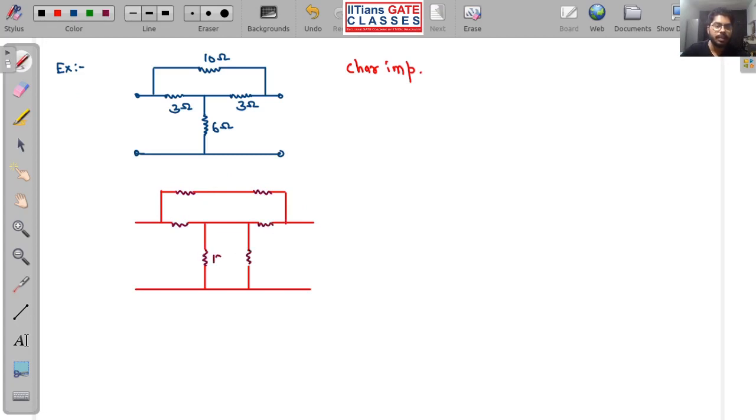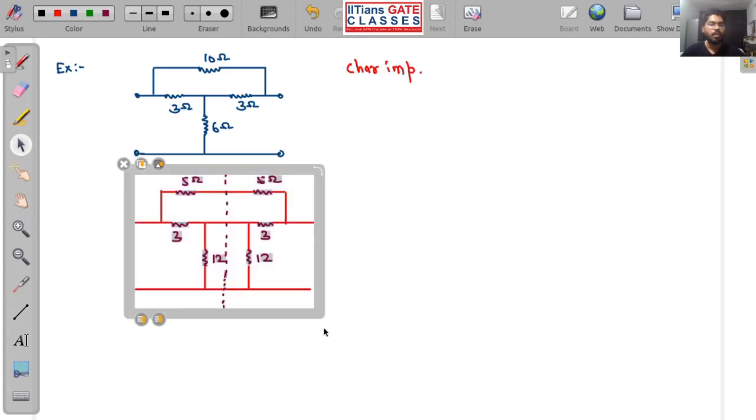So here it is 6, so this will be 12, 12, this is 3, all these are ohm, and this is 5 ohm, 5 ohm. I am not writing ohm every place, it's okay. Now I need to break this circuit from this position. So what I will do, simply,